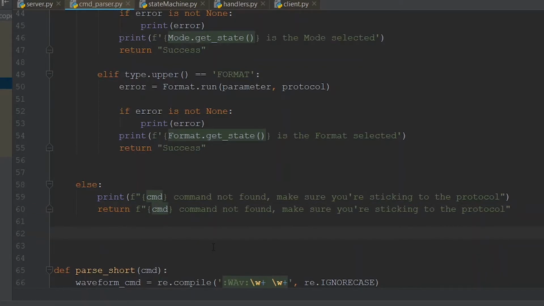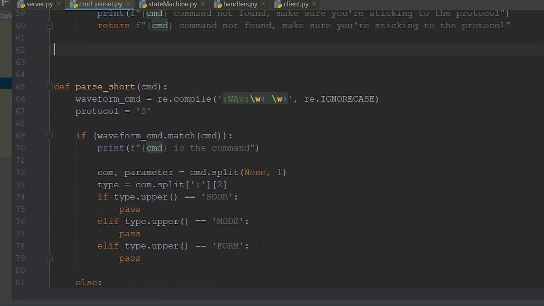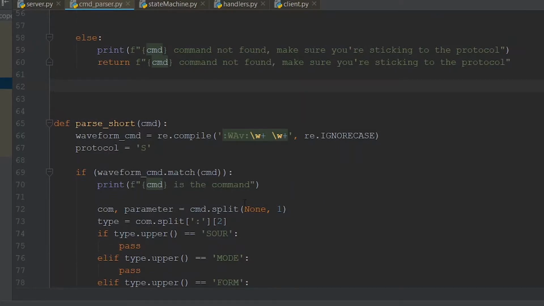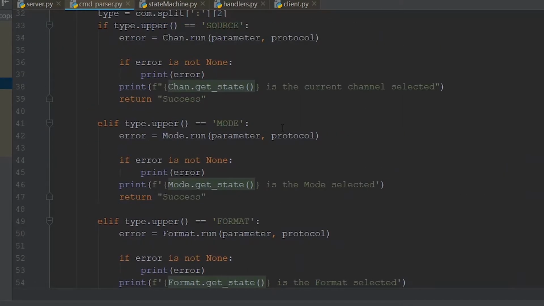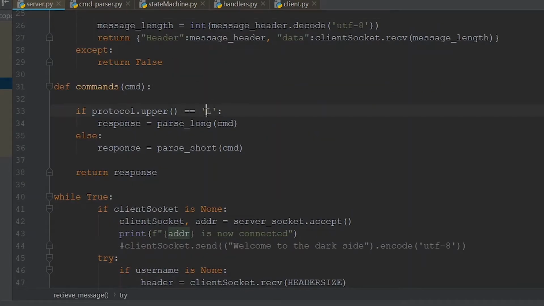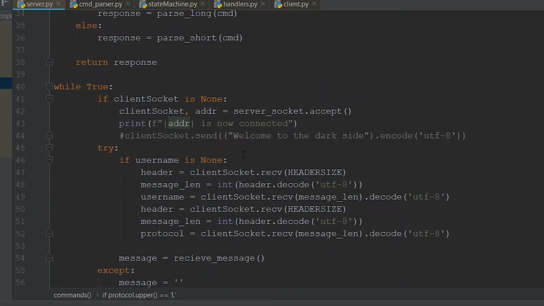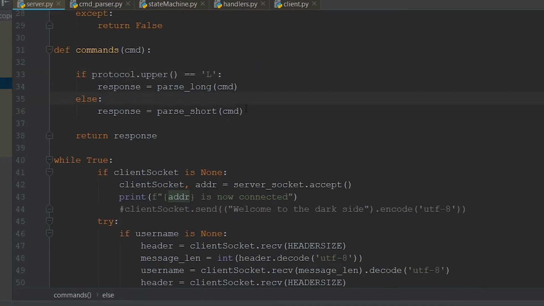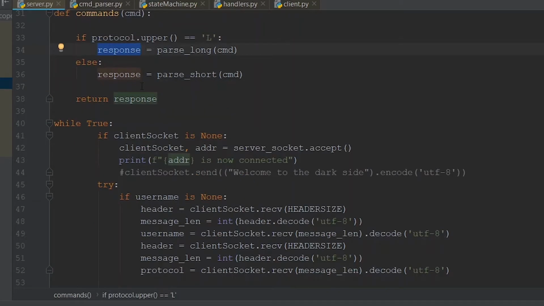Okay, we're going to do the same to the short, but before we test it out, I'm just going to leave that as is, and later on we can just copy and paste stuff. So for now, we just need to make sure that we don't enter the protocol as S, because we haven't properly taken care of the pass short function. Okay, so now that we're actually getting a response back, we know that we're getting something back,